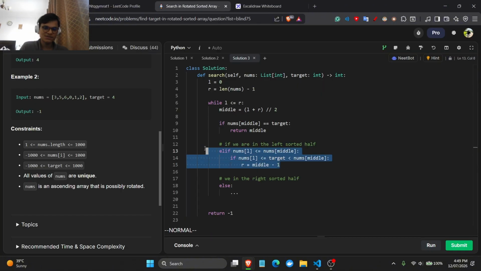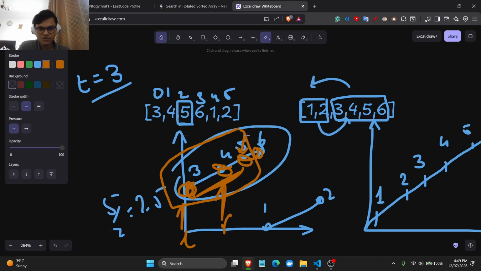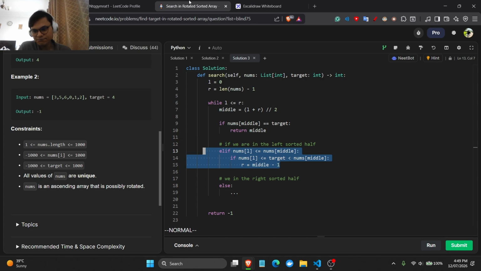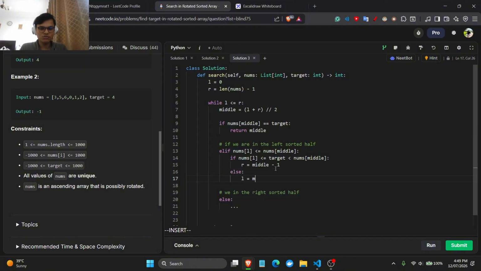So the moment this is run, it essentially becomes like a binary search because we have found the one sorted half. I think of it like this is our sorted array, and we're just performing binary search on it, right? But if it's not in that range, then we want to do middle plus 1,